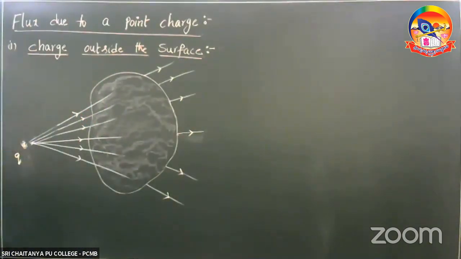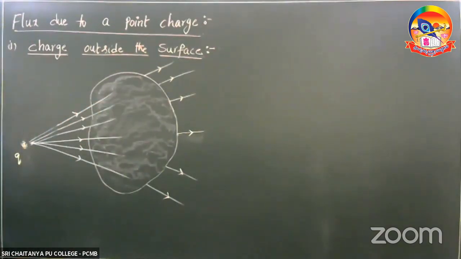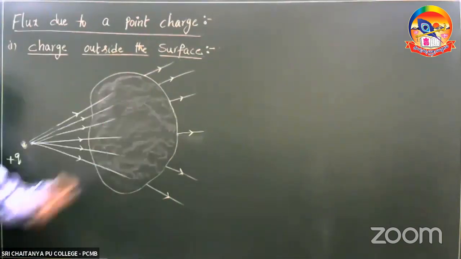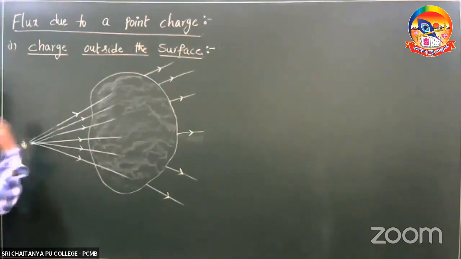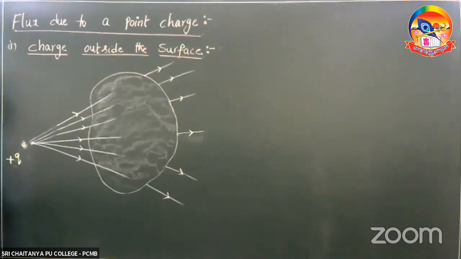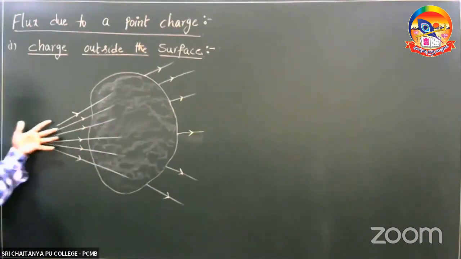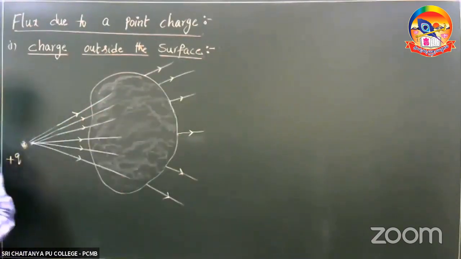Here is the charge. Electric lines of force come from that charge. Here, what charge did I take? It is a positive charge. So we know when the charge is positive, the lines diverge and go out of that positive charge. The arrow marks indicate they are going out of it. In the path of those electric lines of force, a closed surface is present. So all these electric field lines pass through as shown in the figure, just passing through and coming out of it.